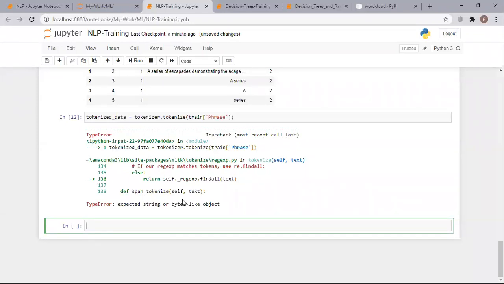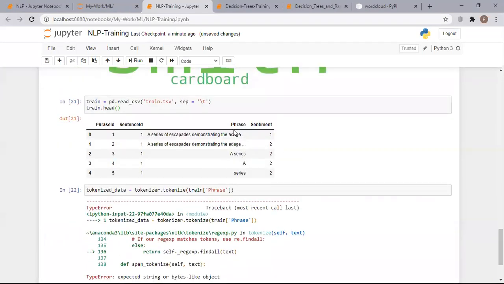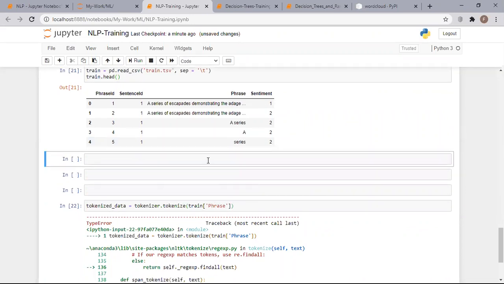Okay. So as we were saying, the tokenizer only accepts, you can see it's telling us that it accepts either a string or byte-like object. At this point, our data that is under the column phrase has been stored under an object data type. So we need to convert that object data type to a string so that we're able to pass it to the tokenizer. So to do that,